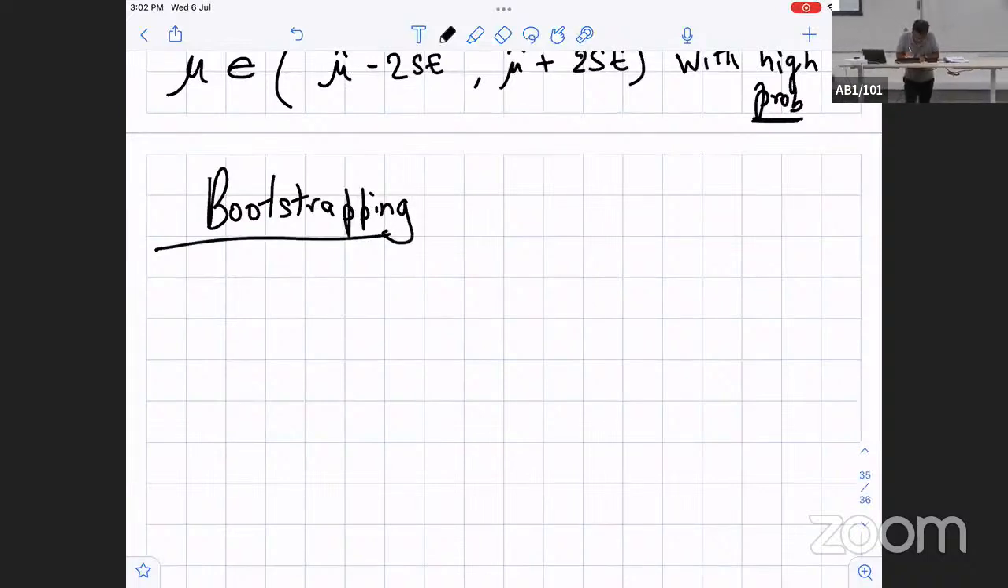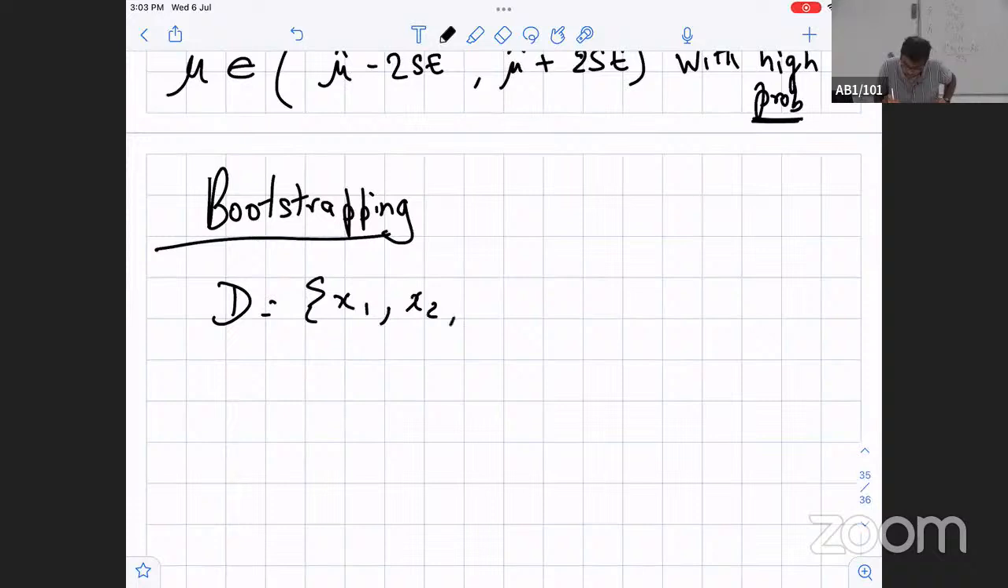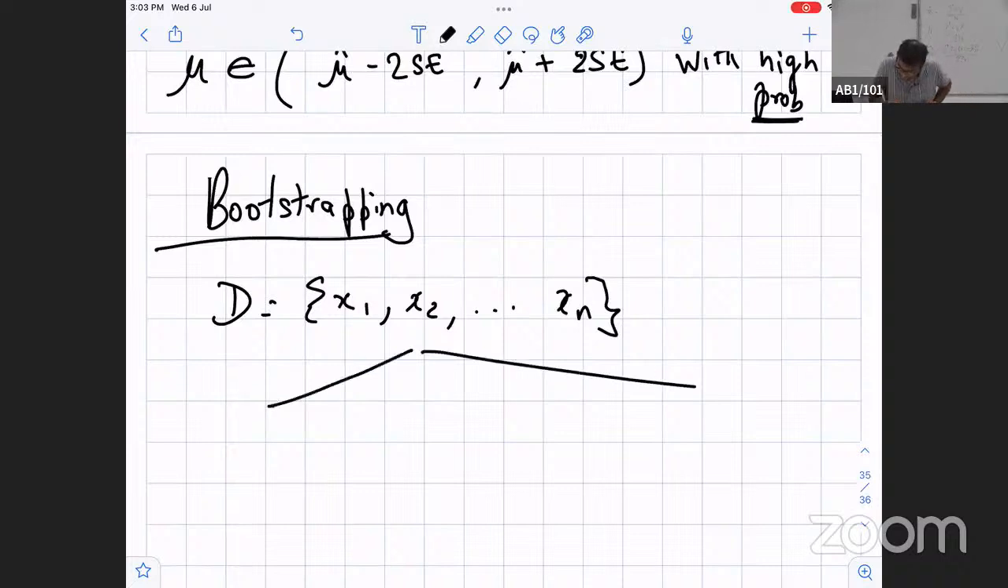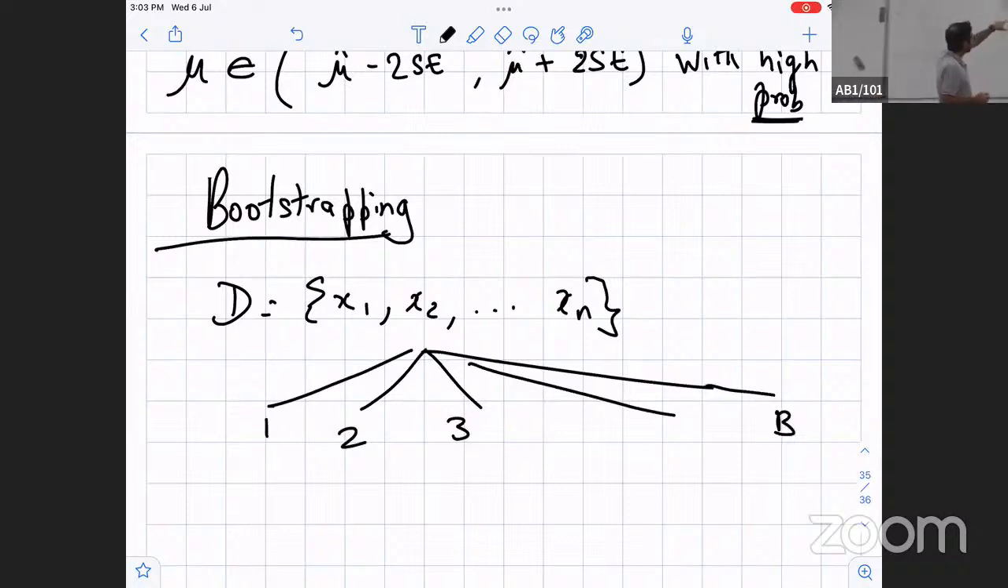Okay, so now the bootstrapping idea is as follows. You have n training samples, so you have data which is x1, x2, ..., xn. From these n training samples, you will generate b different samples, 1, 2, 3, all the way till b. How we will generate is you will pick one of these samples at random, and you will add it. So the procedure is